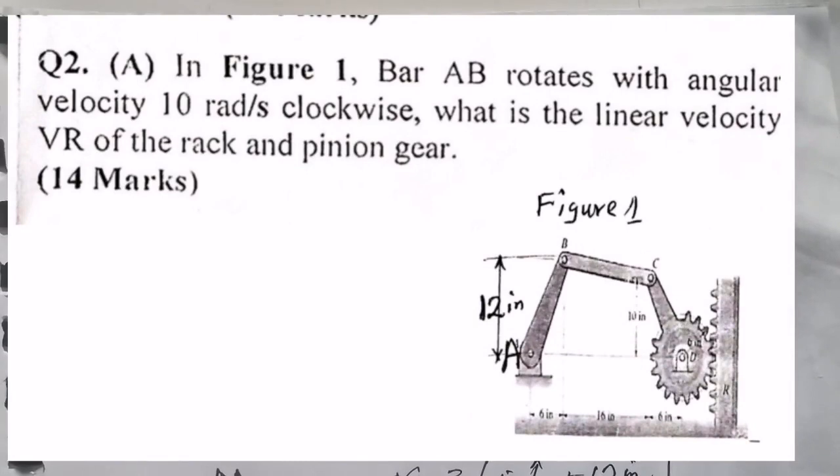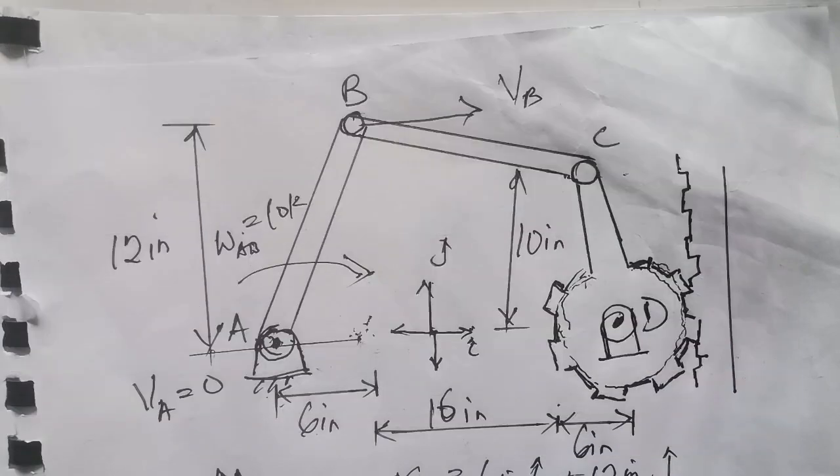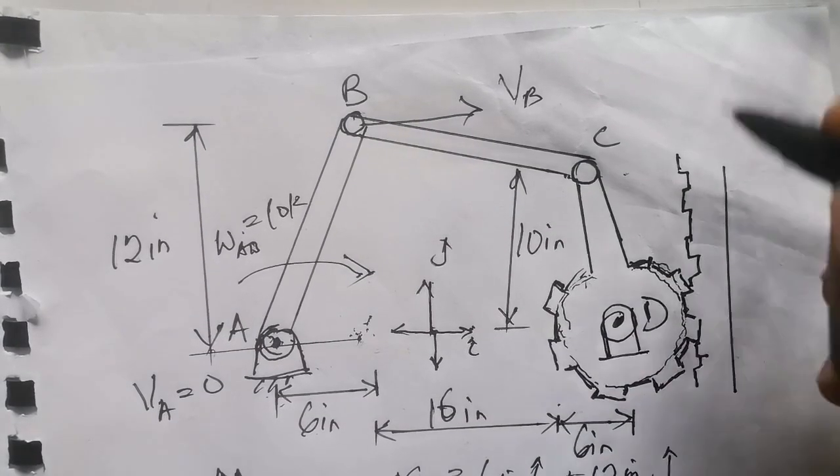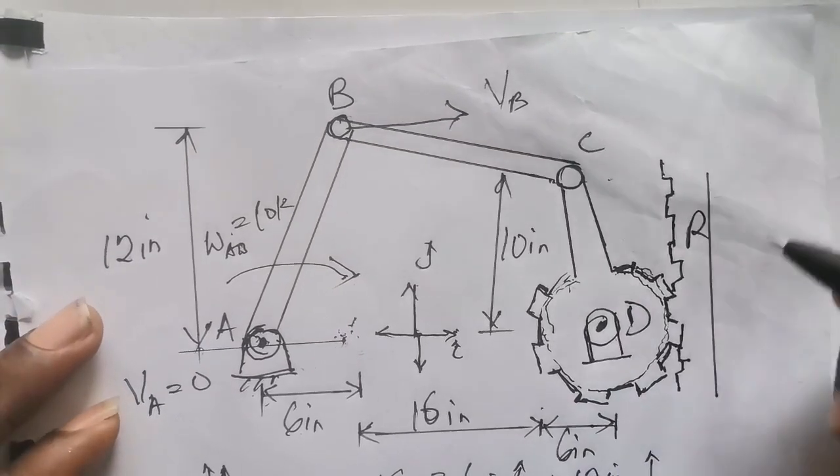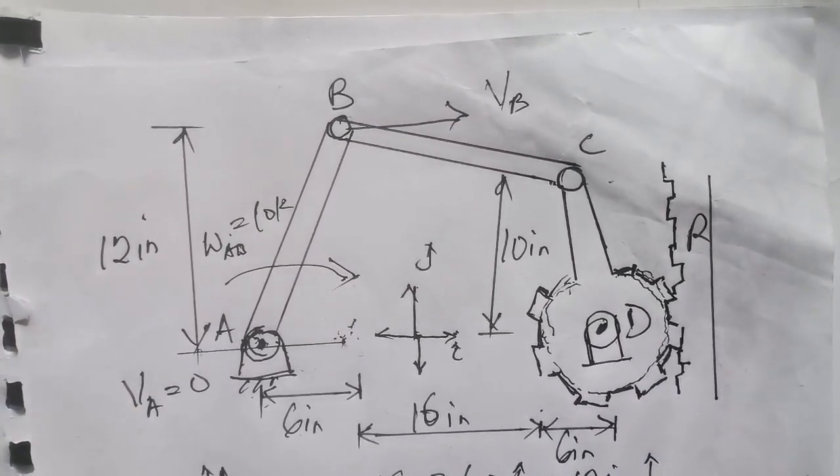Welcome to this video on kinetics of rigid body. So let's consider this question. It says, in figure 1, bar AB rotates with an angular velocity of 10 radians per second clockwise. What is the linear velocity VR of the rack and pinion gear? So we are basically asked to find the velocity of this rack. This is actually a rack, so you can indicate here as an arrow, and we are asked to find the velocity of